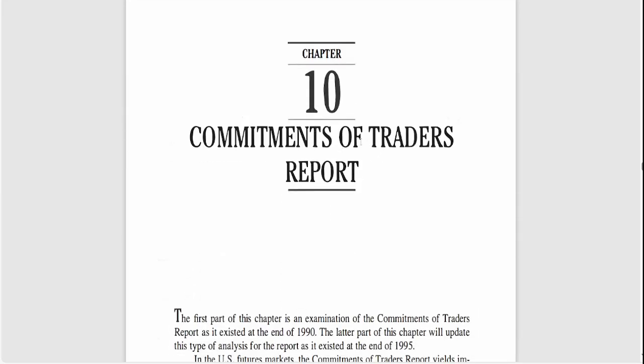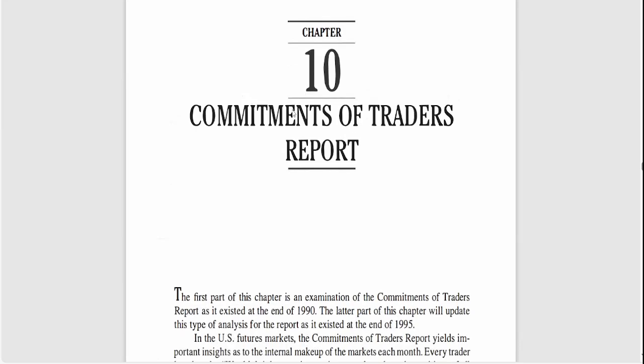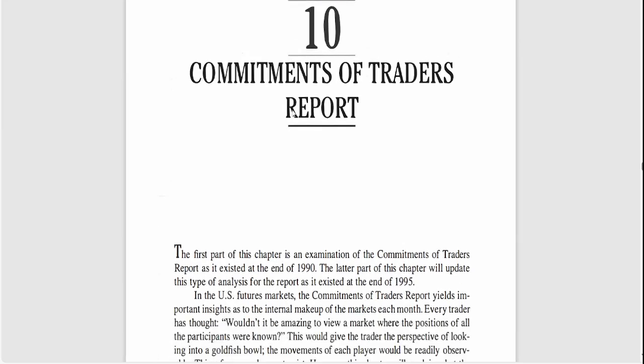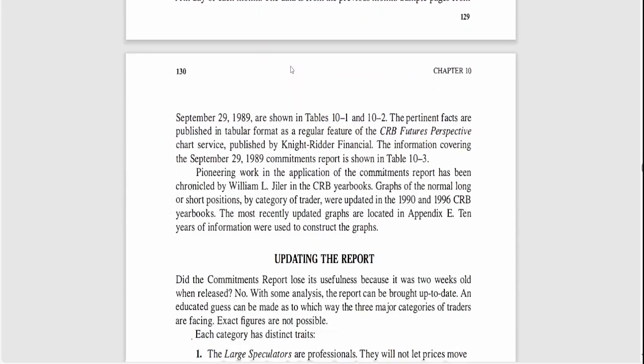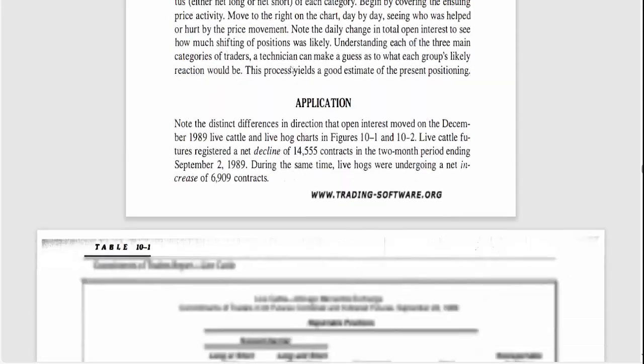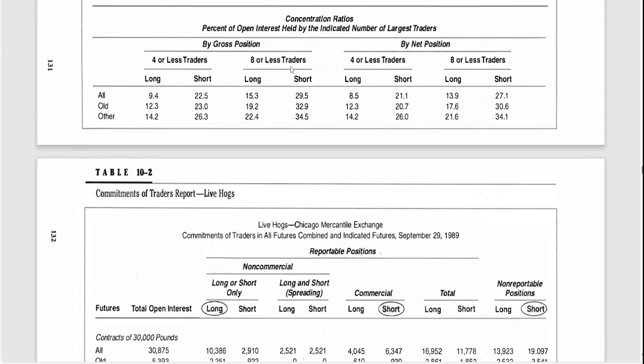Commitment of traders, very important. Court report, read this thing. I will make a separate lecture for this. Okay, but read this very carefully. Commitment of traders report, this is very important. Okay, read this thing: how reports will be, who are the